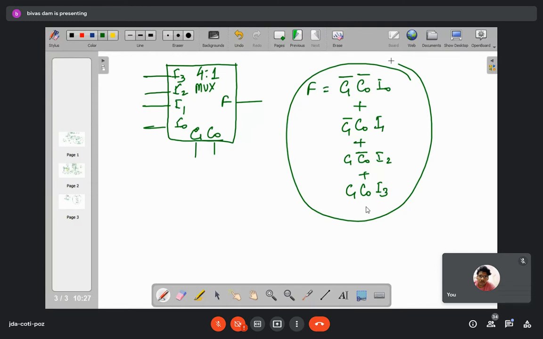Instead, what we have is a lot of 2:1 multiplexers designed already as blocks. So we have several blocks of 2:1 multiplexer available with us in the lab. Our task is to realize one 4:1 multiplexer using whatever number of 2:1 multiplexers are required. Can you try it?